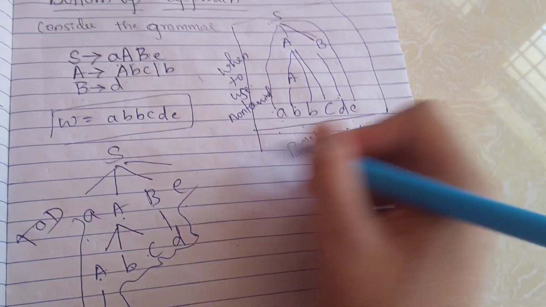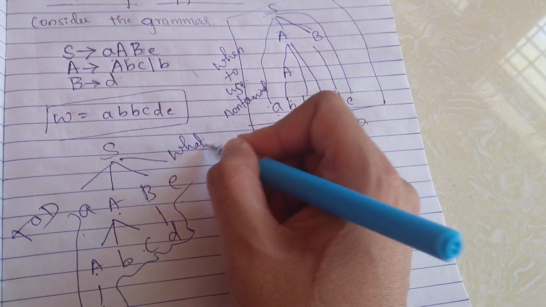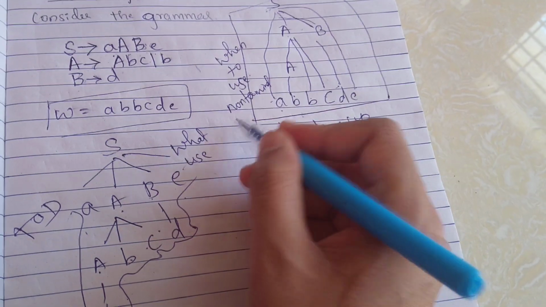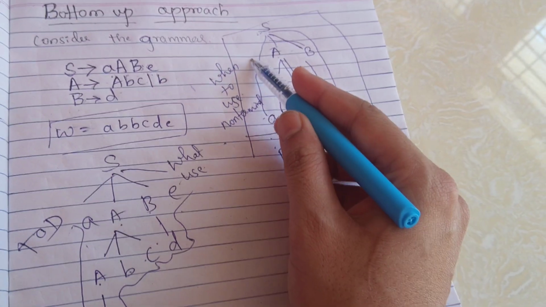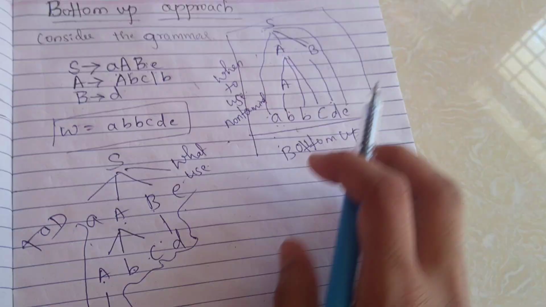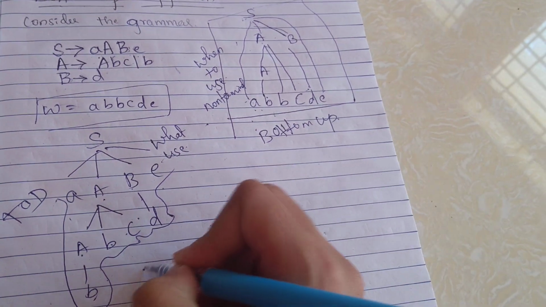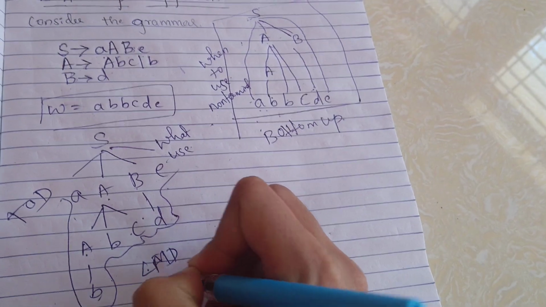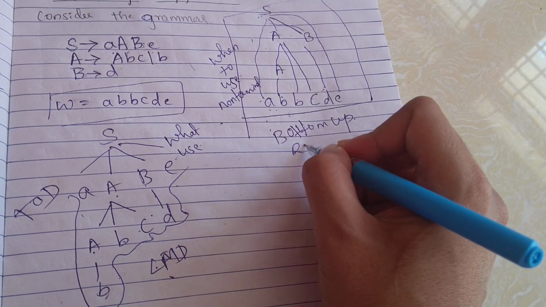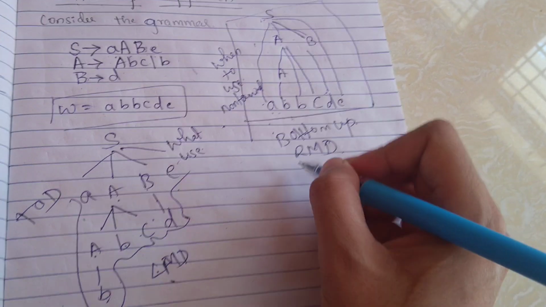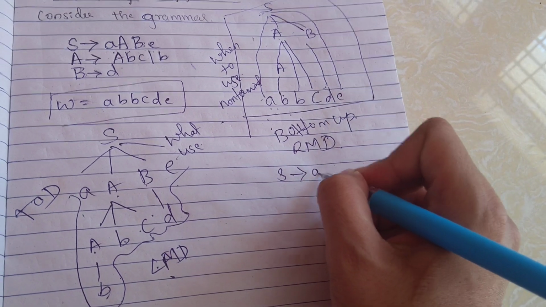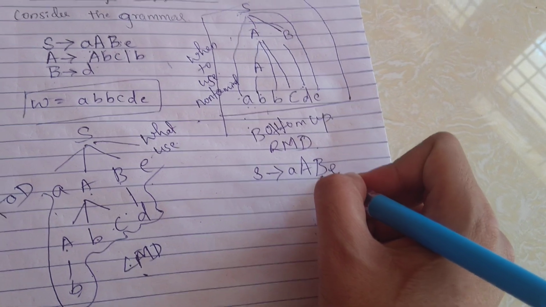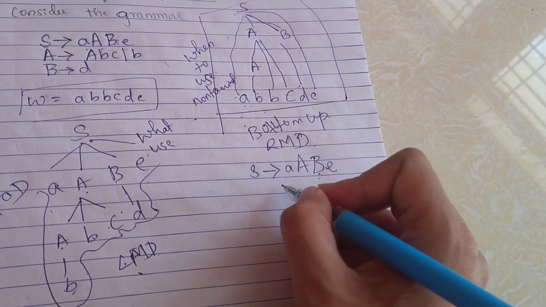Approach. Here, what to use in the top-down approach, and when to use it. In the bottom-up approach it is about when to use, and the top-down approach will always go for leftmost derivation. We already studied this in the top-down approach. The bottom-up approach is always rightmost derivation. If I consider A B e, rightmost means the rightmost symbol on the RHS that I need to derive.